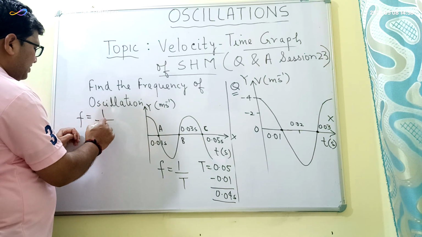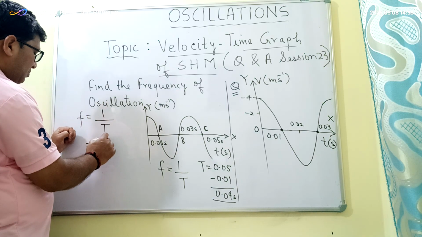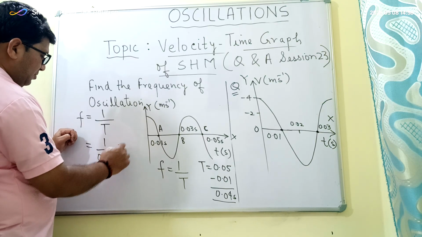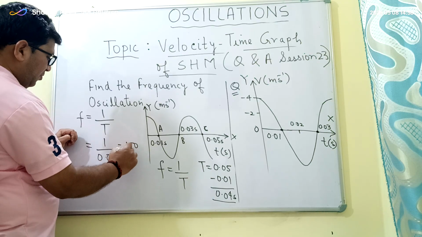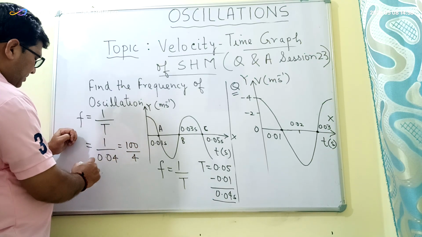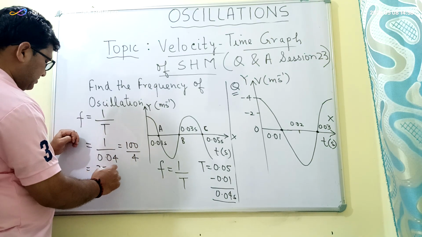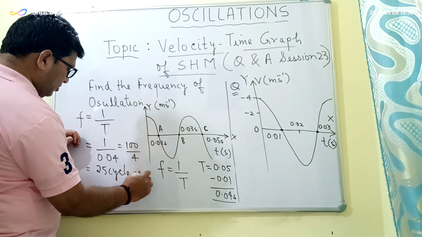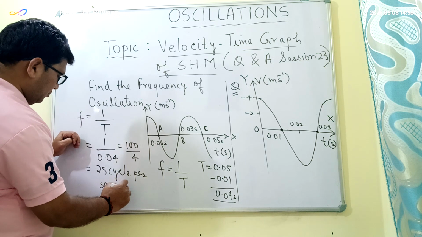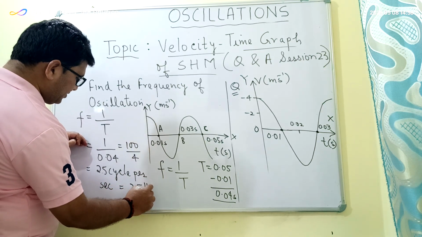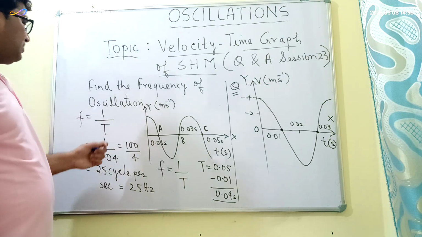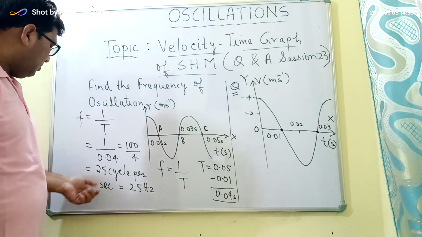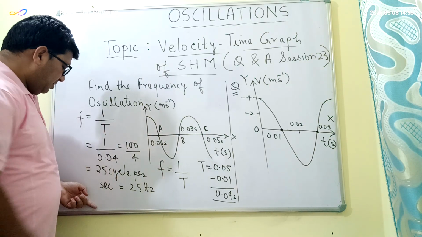The frequency of oscillation is equal to 1 by T. So this is equal to 1 divided by 0.04, and so this is equal to 100 upon 4, and so this is equal to 25 cycles per second, which is equal to 25 Hertz. So the frequency of oscillation of this particle executing simple harmonic motion is equal to 25 cycles per second or